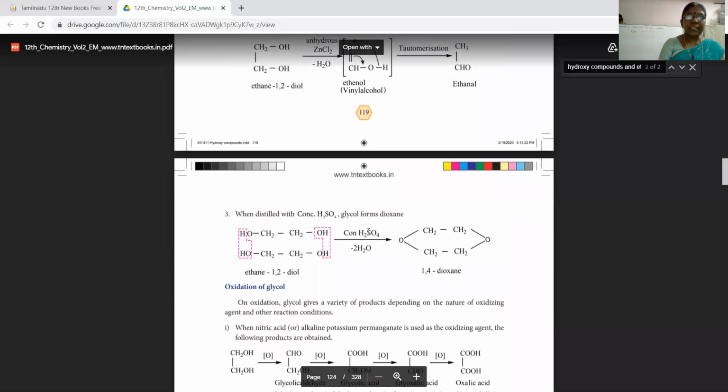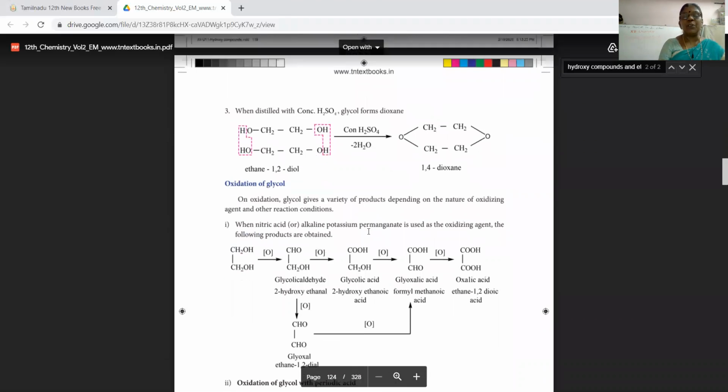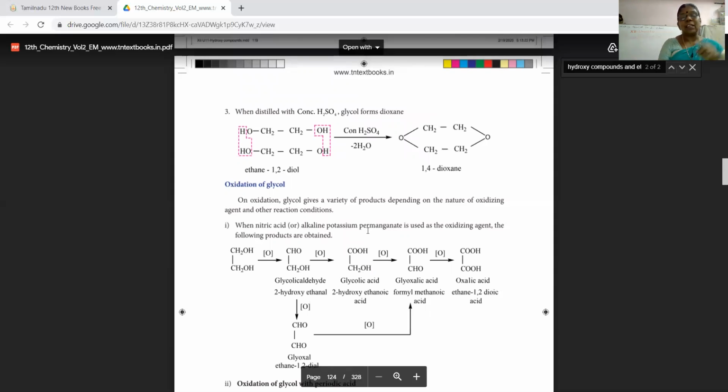Next, if it is distilled with concentrated sulfuric acid, glycol forms dioxane. Two molecules take part in that reaction. At both ends, one water molecule is removed and you will get CH2CH2O, CH2CH2O like a cyclic form,